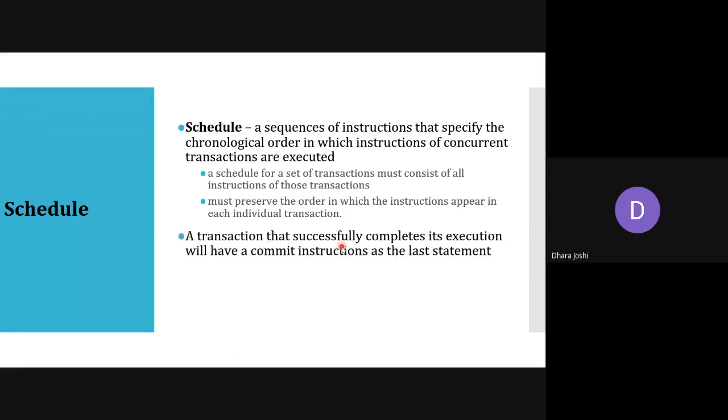A transaction that successfully completes its execution will have a commit instruction as the last statement to save that transaction. So by default, whenever a transaction is going to complete, it has a commit instruction to save those transaction updates into the database.